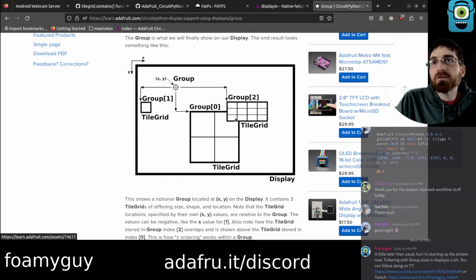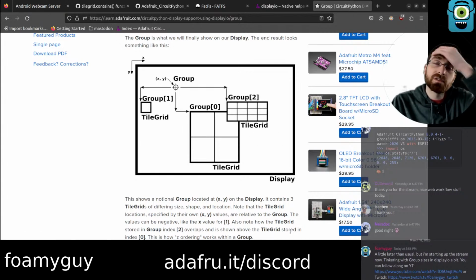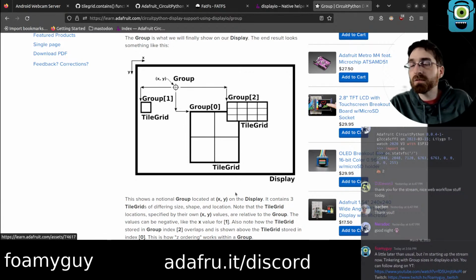So like the way it's drawn here, you might think it does know its width and height, right? Because the display is essentially drawn as a rectangle here. There is one group containing all these other things. I guess that's this main group here. There's a group inside of it, which contains a tile grid, another group inside of it, which contains a tile grid, and another group inside of it, which also contains a tile grid. They're at different scales, or at least the tiles are different sizes. They could be at different scales if you wanted them to be. But